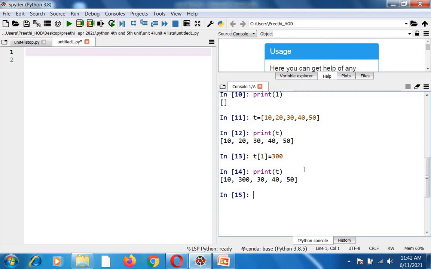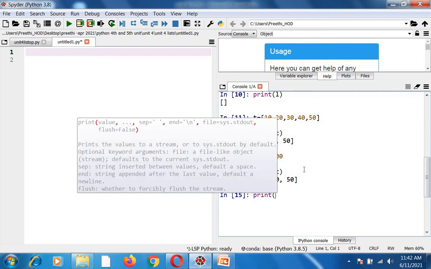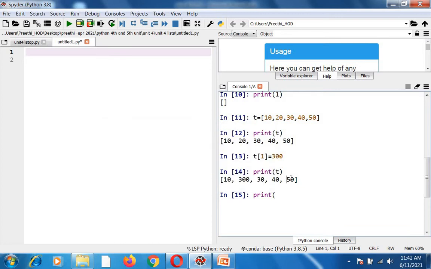How do you access an element? Suppose I want to access this 50. The list name is t over here, and what is the index for accessing 50? It starts from 0 onwards: 0, 1, 2, 3, 4. So if you give t of 4, you will get your 50 element.